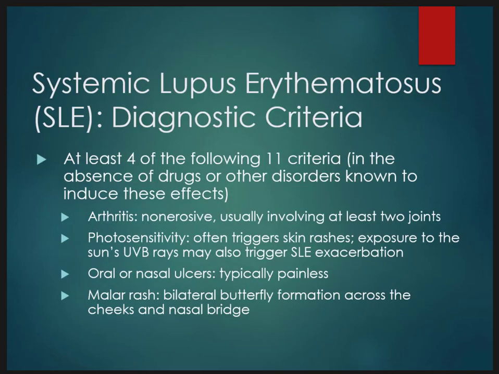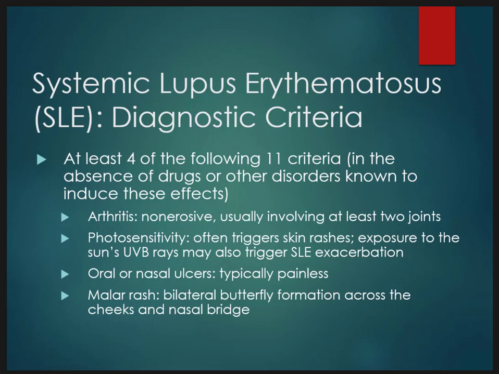What she finds out, though, is that she has been diagnosed with lupus, and it took approximately 7 years for someone to be able to put all the pieces of the puzzle together. And I show you that scenario for that patient because lupus is something that is very difficult at times to diagnose. You have to have at least 4 of 11 criteria in the absence of drugs or other disorders to lead to that diagnosis. And so that includes arthritis, non-erosive and usually involving at least 2 joints,